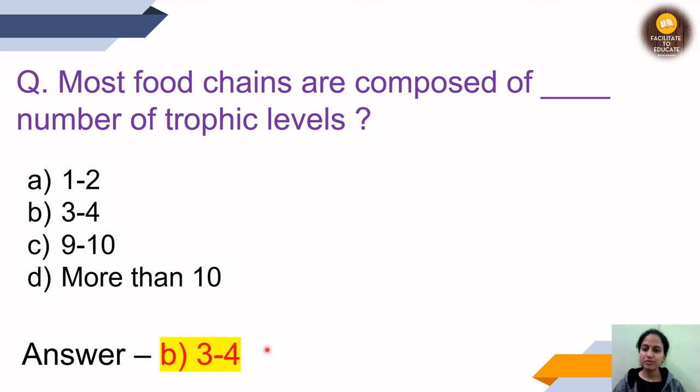So the maximum number of trophic levels in the food chain should be 3 to 4, because the energy is getting lost when we are moving from one trophic level to another, right? So ultimately, when we are reaching the fourth trophic level, very little energy is left with the topmost consumer, and if they are giving more energy to the next level, the next level will be having either nil energy or negligible energy. So the maximum number of trophic levels in a food chain should be 3 to 4. I hope you have understood the reason behind it.